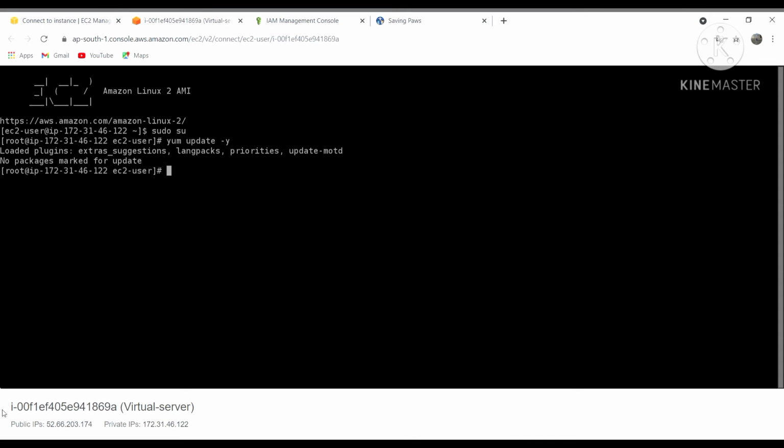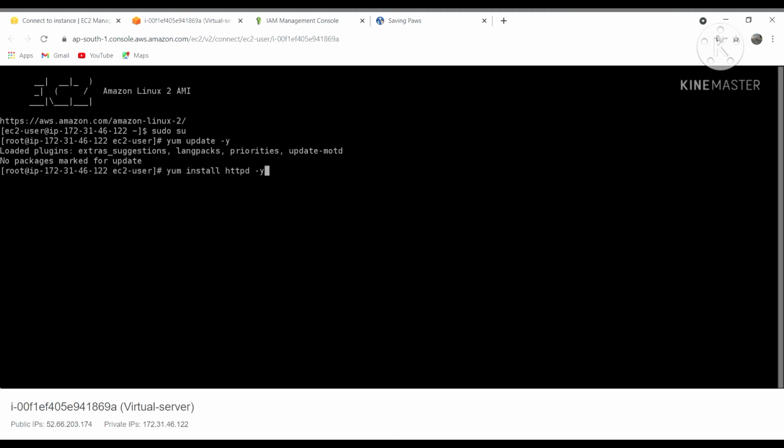Here it is showing no packages present, so it doesn't need to install any packages. Now the yum install httpd -y command will help you install an Apache server on your AWS EC2 server.